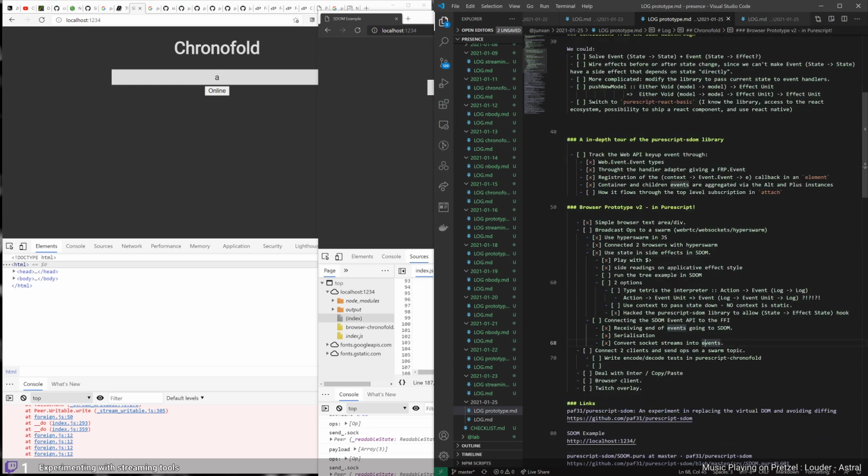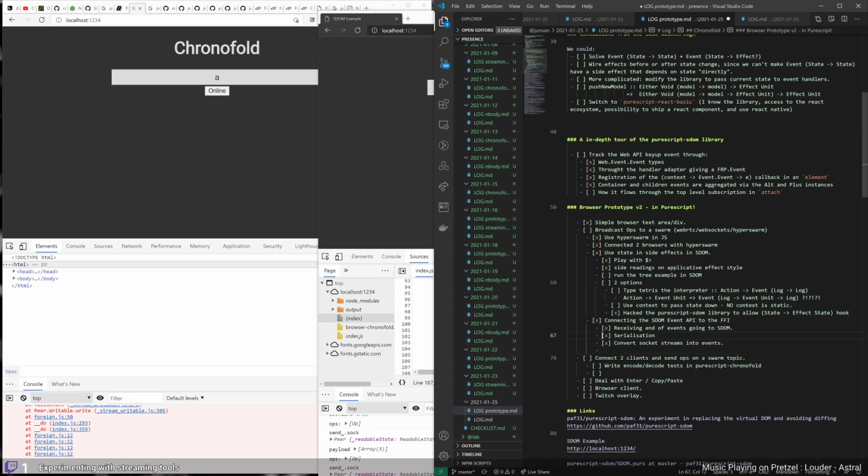So that's done, and we sort of connected the SDOM event API to the FFI, but we do have an error. So I suppose that maybe we can say that this is not done. So we're almost done with broadcasting the ops to the swarm, but we just need to solve